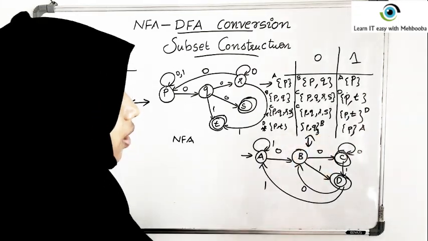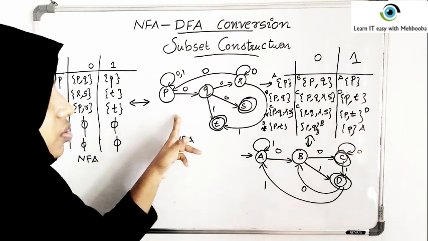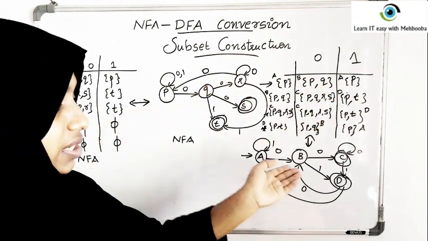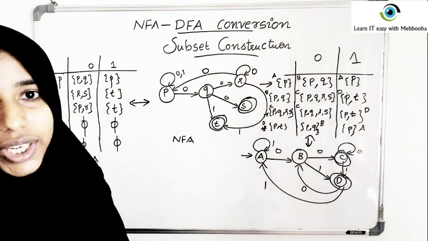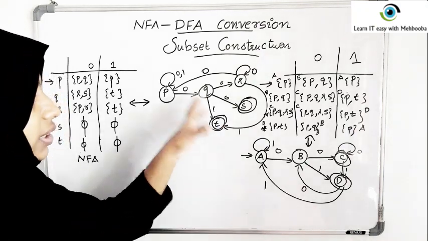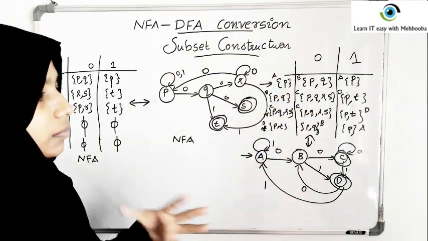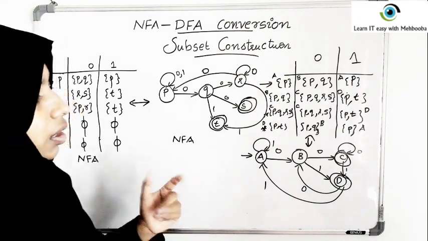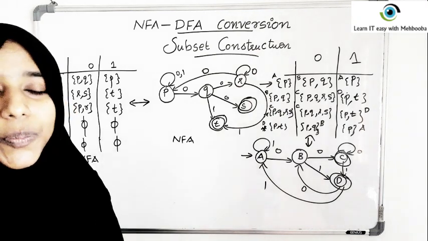These two are equal. This is the transition table for the NFA. This is the transition diagram for that NFA. This is the transition table for the resultant DFA. This is the transition diagram for the resultant DFA. Hope you understood the conversion. This is pretty easy. The only thing is to start with the start state of the NFA, putting that in a set. Then apply all the input symbols. The resulting transition table that you got will be that of the DFA. Now, if you are comfortable with the transition diagram, you can simply convert that into a transition diagram. Hope you understood. Thank you.